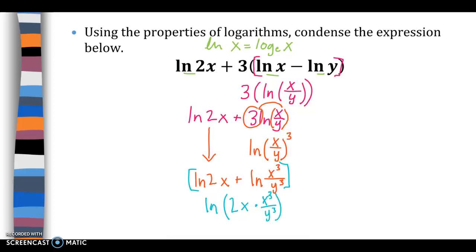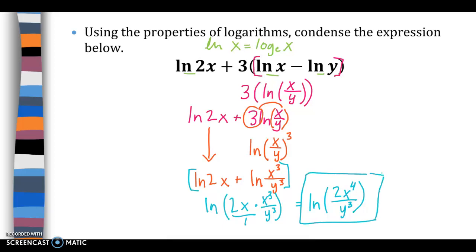And then we can simplify this more, because this is 2 over 1 times x over 1 times x cubed over y cubed. So this becomes the natural log of 2x to the 4th over y cubed. We just multiply across with fractions. And that becomes my answer